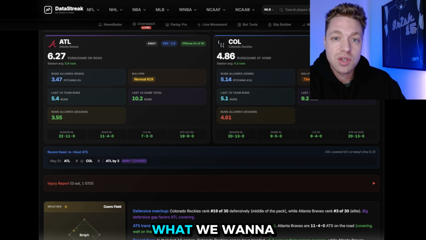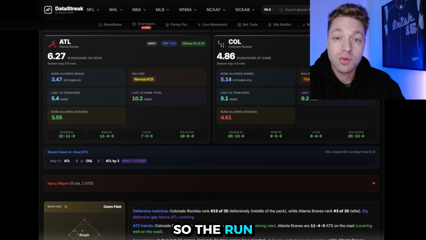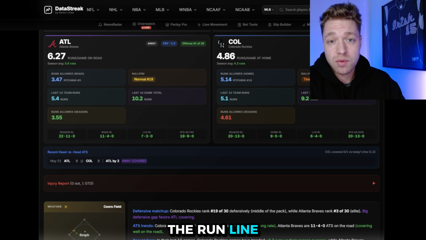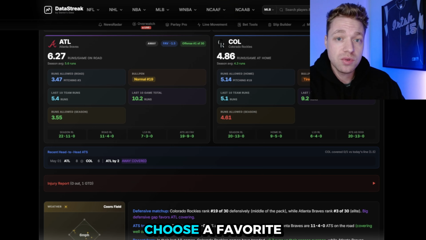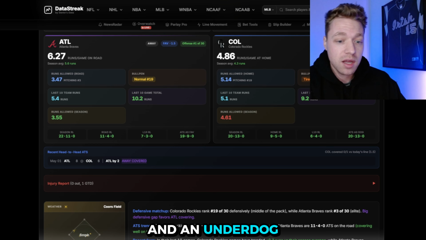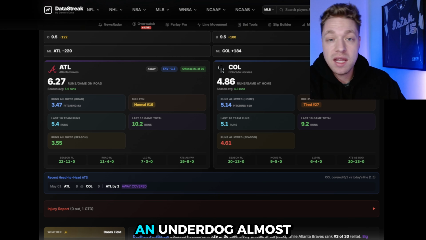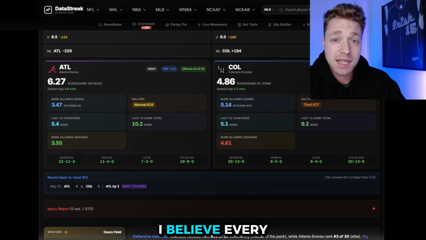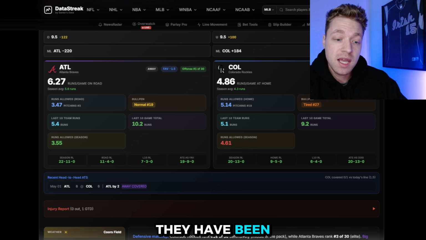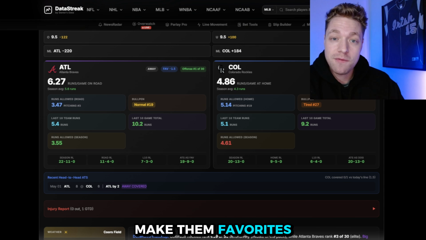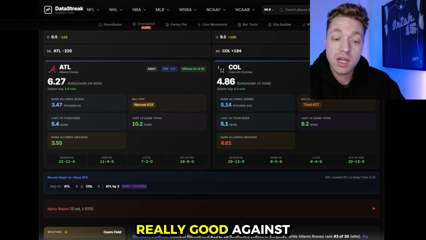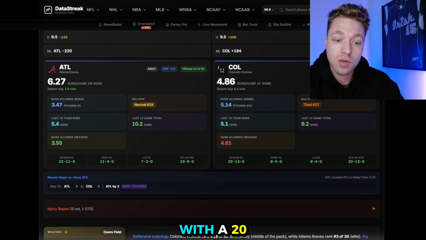And this is what we want to really look at, is how well they are on the run line. So the run line, Vegas chooses the run line each day. So they're going to choose a favorite and an underdog. Now, as you can see here, the Rockies are the underdog in this game, and they've been an underdog almost every single game. I believe every single game this season, they have been an underdog. So Vegas doesn't make them favorites often, but they've been really good against the run line as an underdog